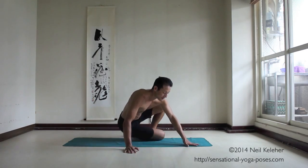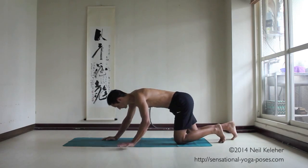And do the same thing on the other side. Notice that this is actually not just a twist, it's not just a stretch for the front of the shoulder and this part of the chest, it's also a twist in action. So while doing this pose,